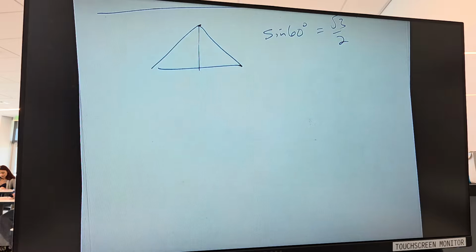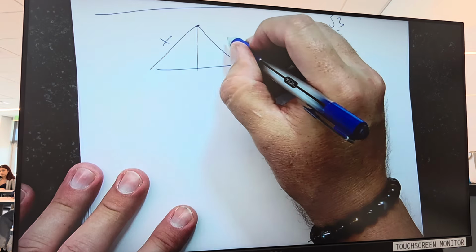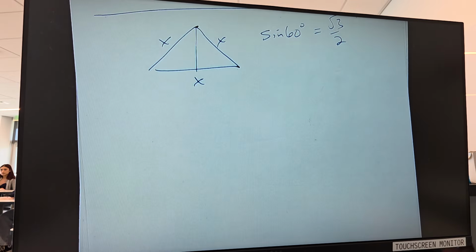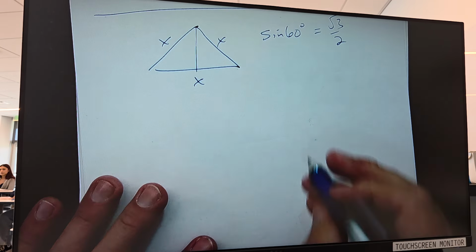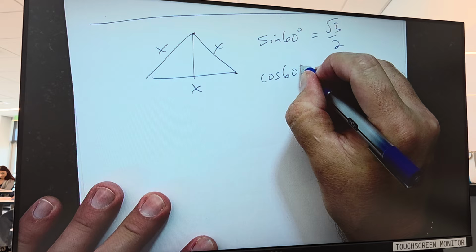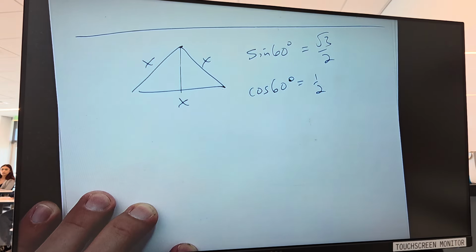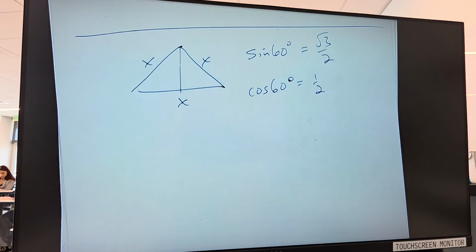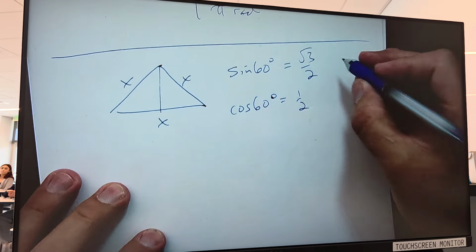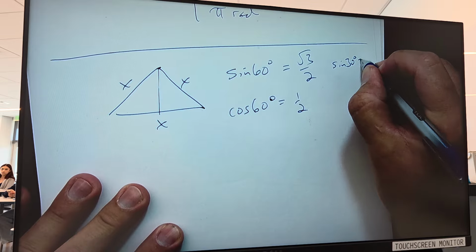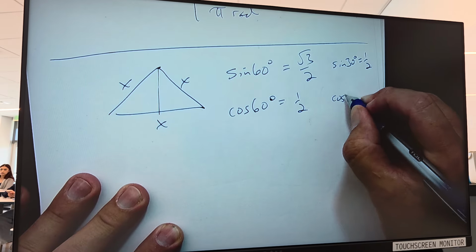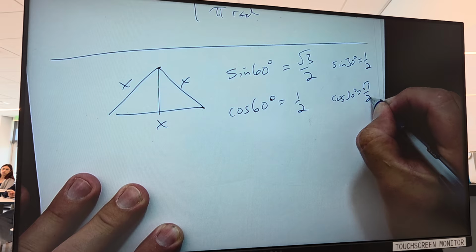We actually proved it, because our equilateral triangle was not just one triangle, it was every equilateral triangle that has existed and ever will exist. So we proved it, period. We also proved cosine of 60 degrees is 1/2. And then I believe we went further and figured out that sine of 30 degrees is 1/2 and cosine of 30 degrees is rad 3 over 2.